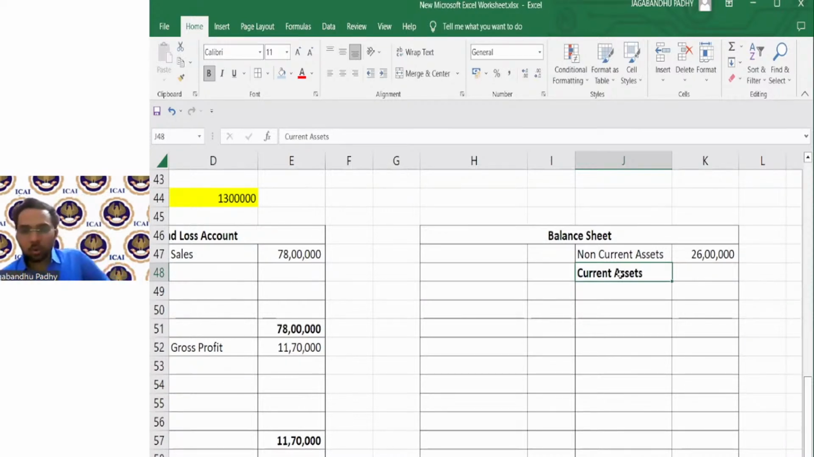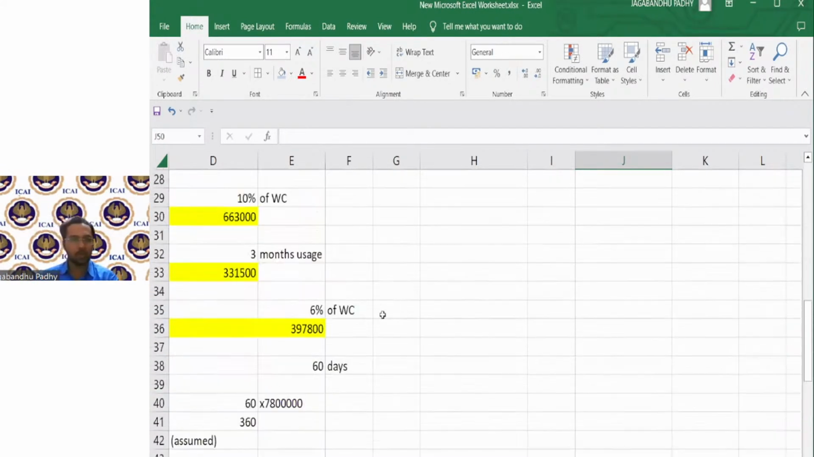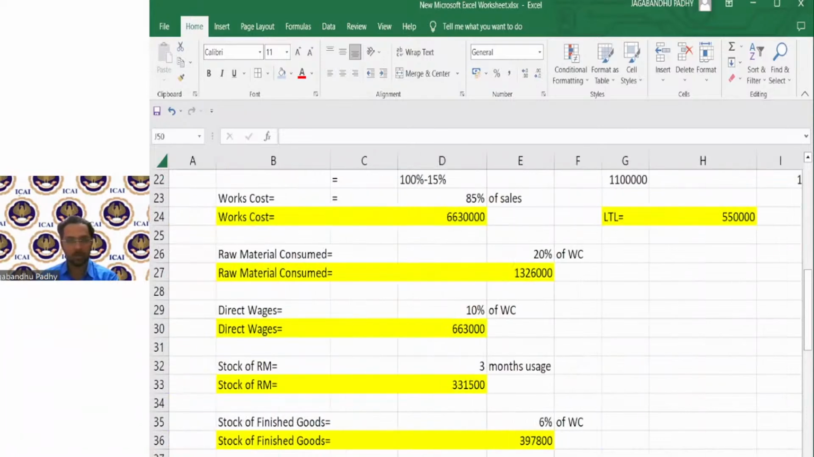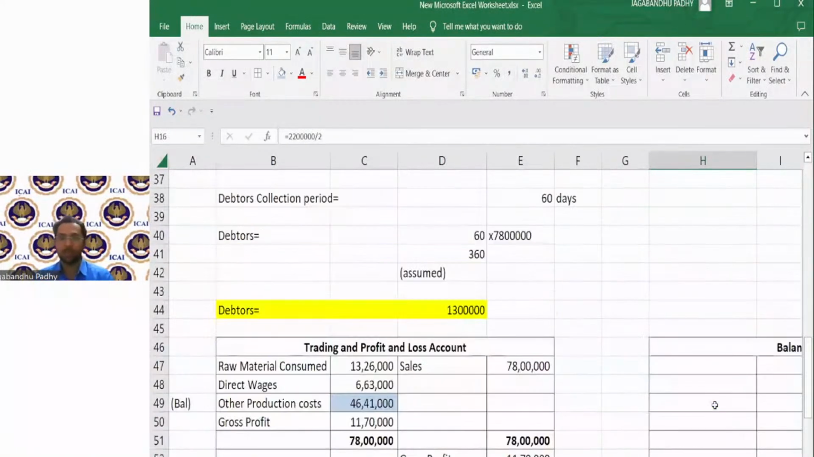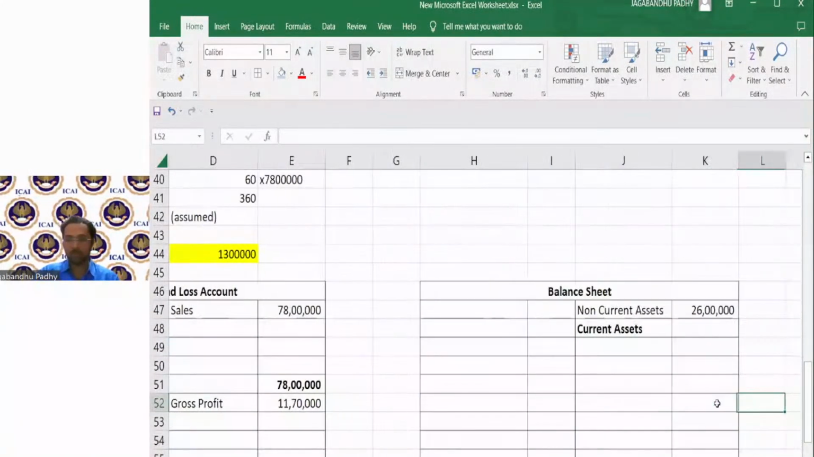We know that in totality, the current assets was totaling to something. What was the total of current assets, by the way? I think we have got it at the very start. Current assets was 22 lakh, current liability was 11 lakh. Let's just punch it over here. The current asset, we know it's totaling to